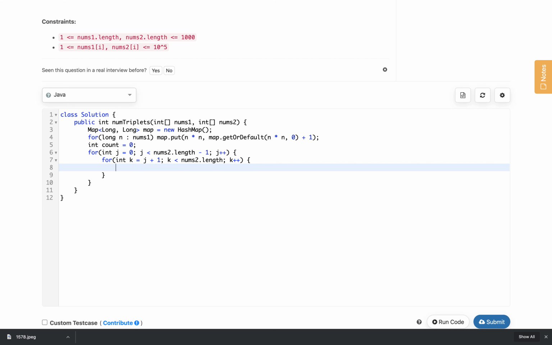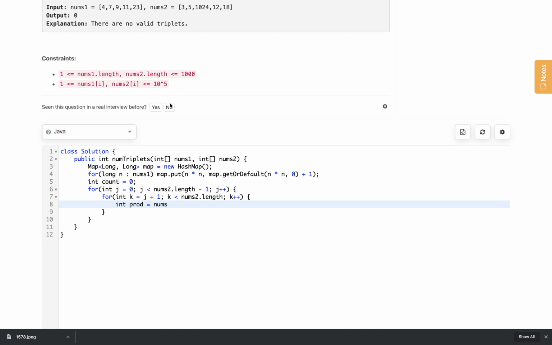Now, we will create, let us say, a product of nums. For creating a product, if we are multiplying two numbers, again these numbers can cause integer overflow. So, first we will typecast one of the numbers to long, so that the multiplication will happen as a long multiplication, not int. So, now it will be good. This is nums2 of j and now nums2 of k.